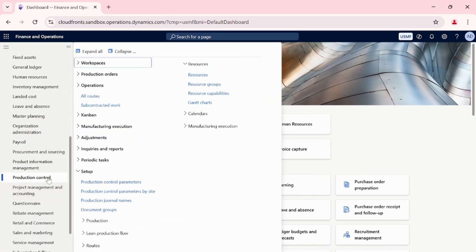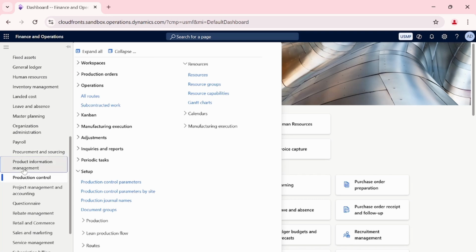In production control as well, you can directly create it in the route process. You can directly add the new route in the operations. But as you remember, in the BOM as well, we did not directly create a new BOM. In the production cycle, we go to production management, create a new FG and assign that BOM to the FG. So similarly, we use the same FG which we created in the third episode and assign the route to that